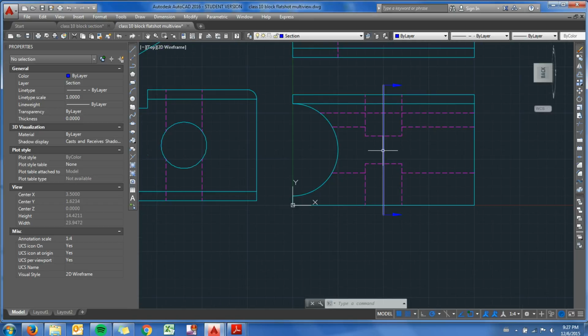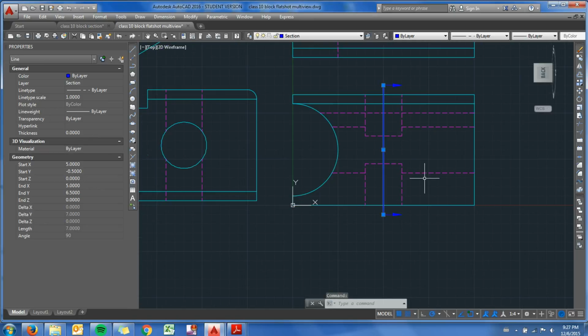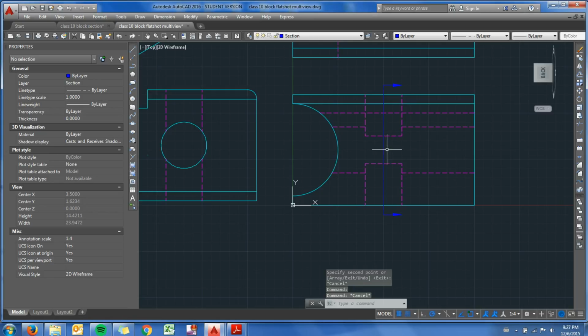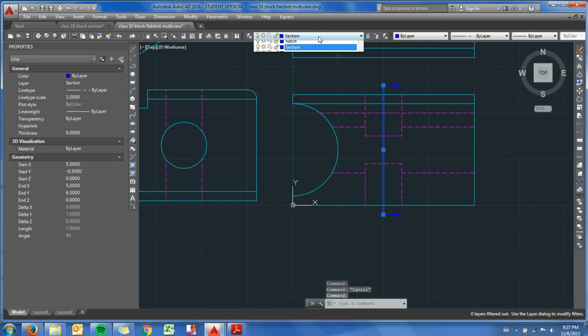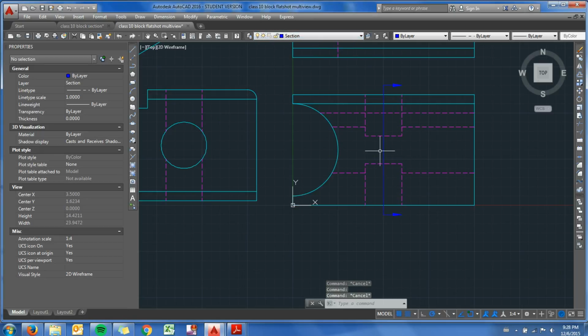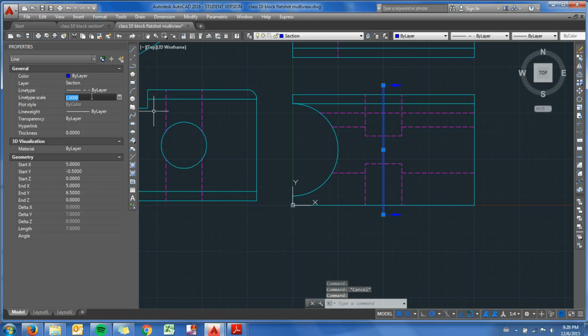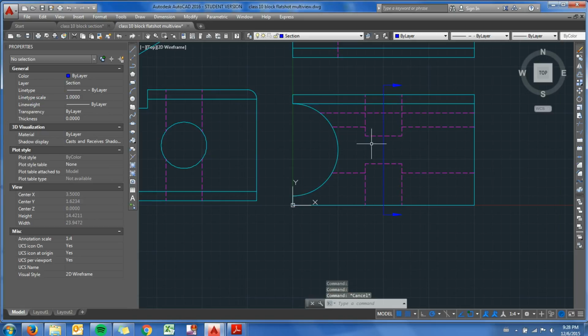Okay, so you can see that I've got something interesting going on with the spacing. It's not showing me that phantom spacing for this line. So sometimes with annotative, an interesting problem that happens is it does something weird with the line type scale. So I'm going to change my line type scale to